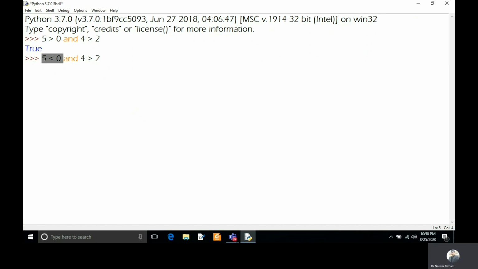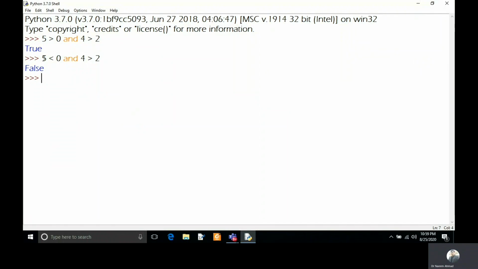As it encounters the left sub conditional as false, it will not go on to execute the right-hand side sub conditional statement. It will decide based on the first conditional statement, stop the execution, and return false. And then I will show you it is deciding based on the first conditional statement if it is false.